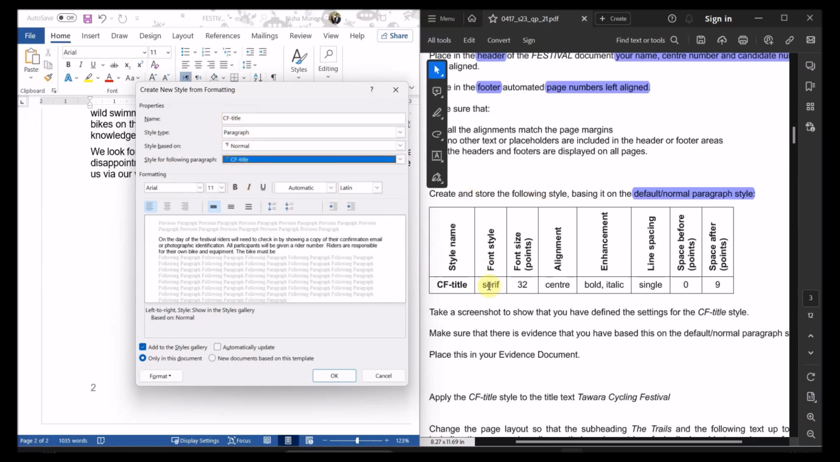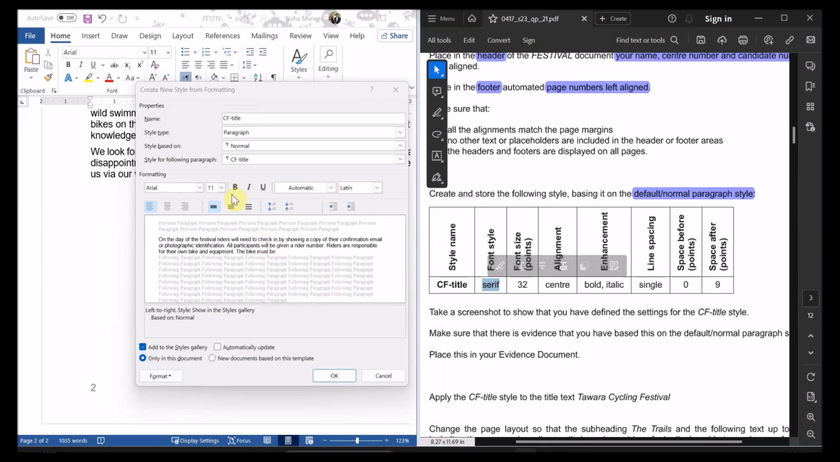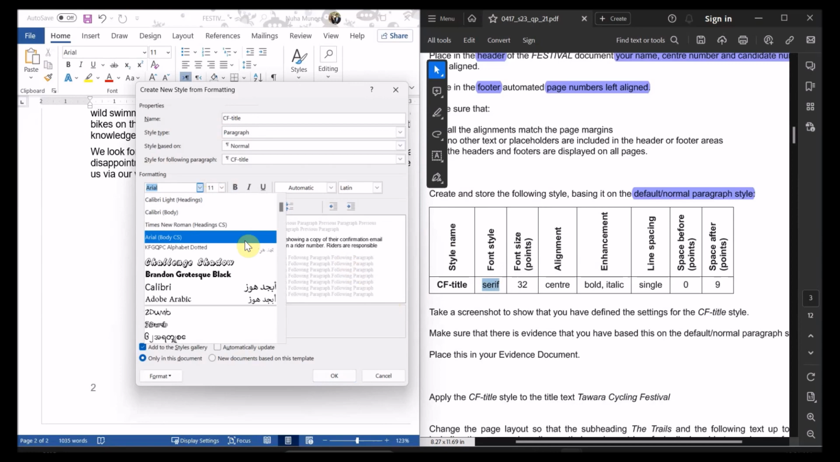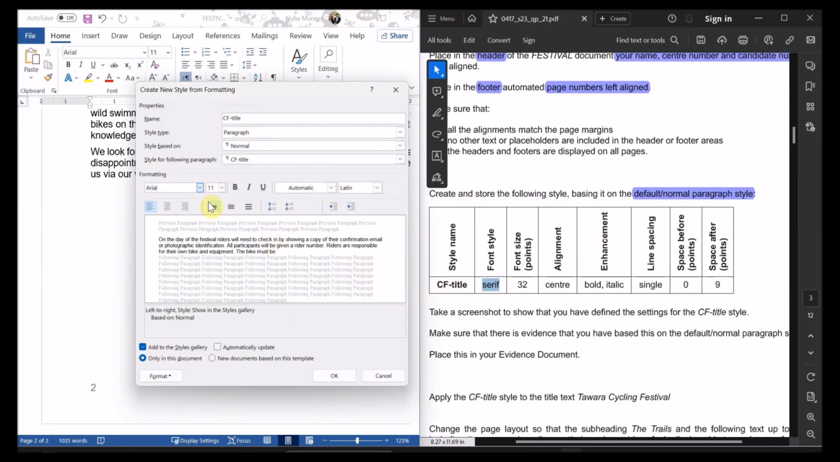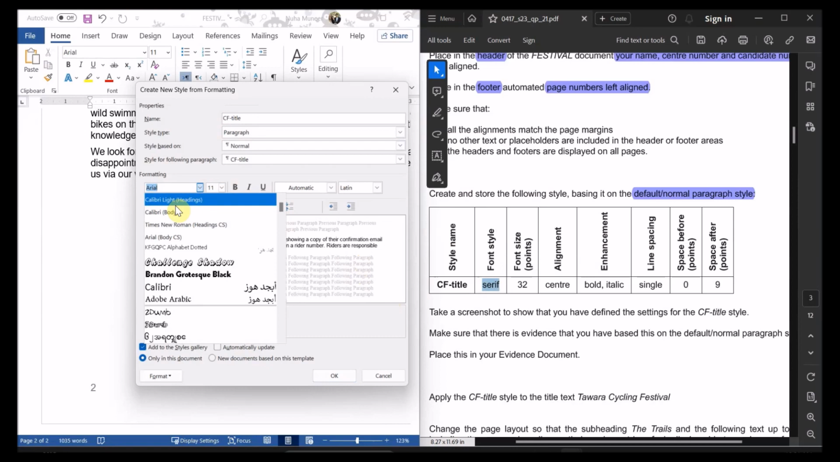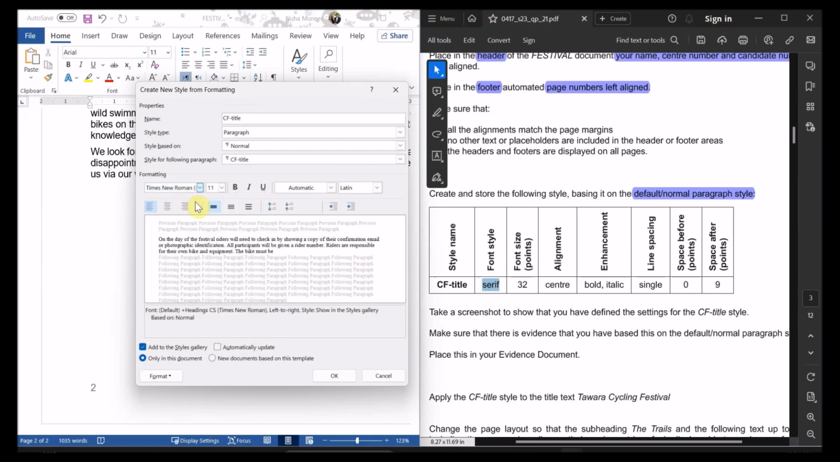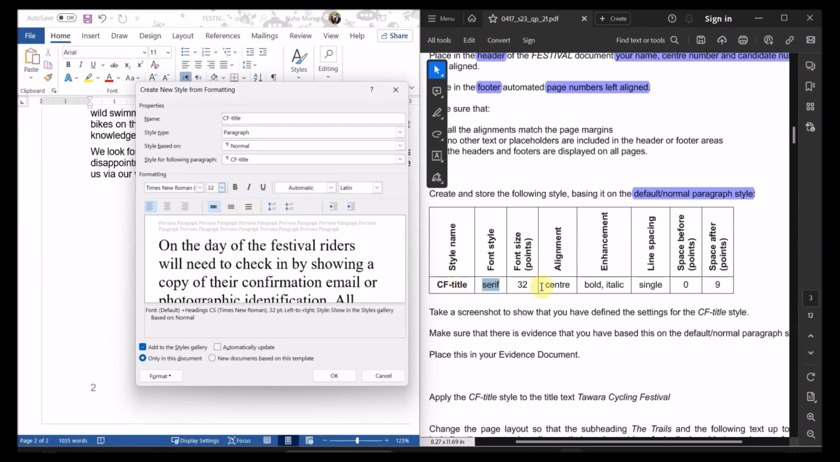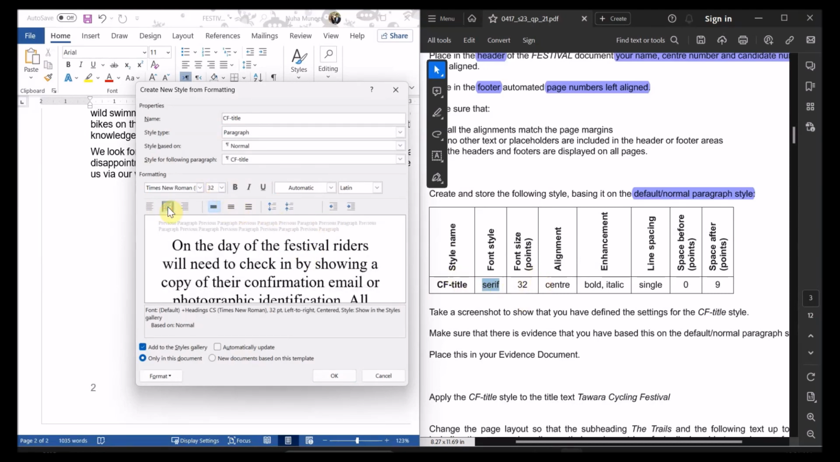For the next points right now, serif means decorated, so you can choose Arial. Arial is sans serif, so we can just choose Times New Roman. Let me check over here. Okay, Times New Roman. Font size 32. And alignment supposed to be center, bold, italic,